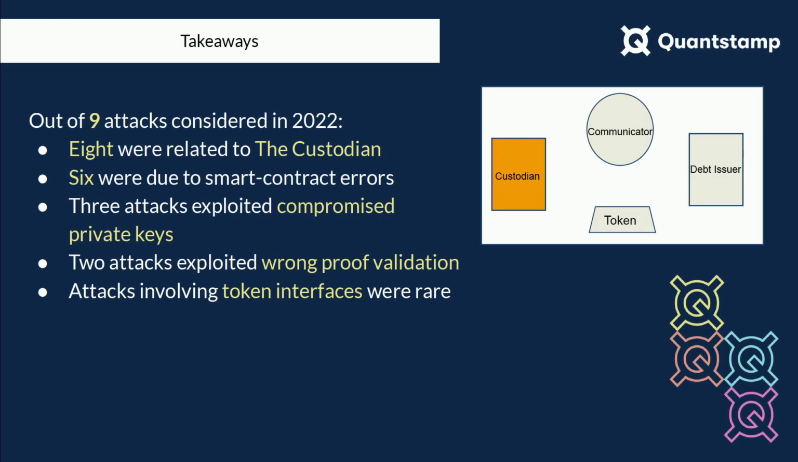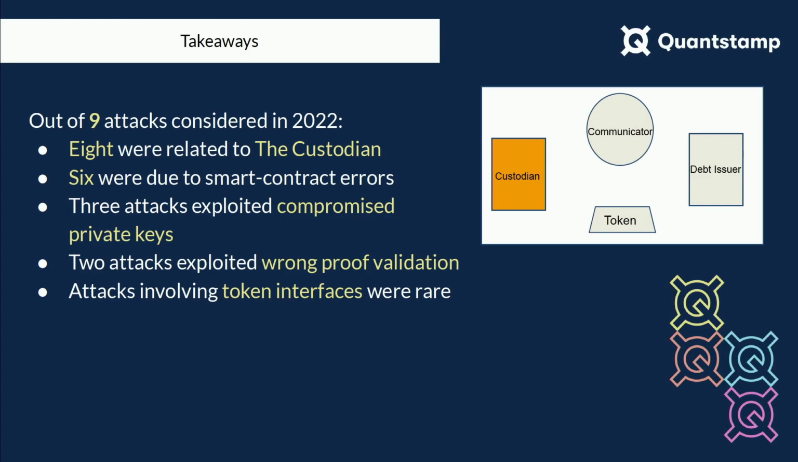So 2 attacks involved wrong proof validation. It's not significant considering the whole set of attacks we considered. However, it also means that if there is a weak spot in smart contract validation, then that could be proof validation. Also, we saw attacks involving token interfaces, maybe not necessarily directly, but rather indirectly involving, for example,